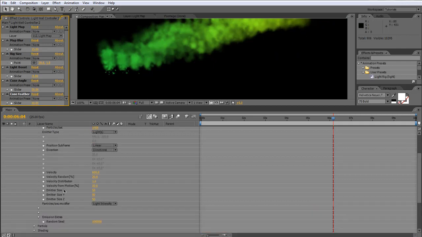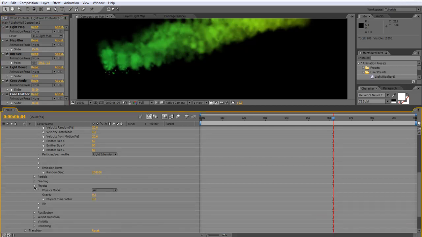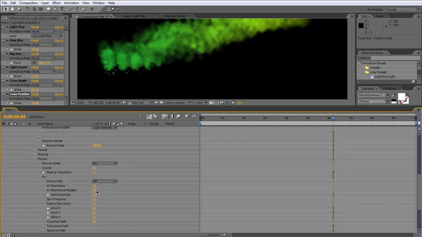Our emitter size is 50 by 50 by 50, and that makes sure that the particles don't all originate from a single point, but are spread out a little bit. Velocity is pretty high. It's at 600, with some randomness on top of it. But that's immediately countered by the physics air resistance, which is set at 1.5. So basically the particles start out really quickly, but then get dampened by the air properties and don't just shoot